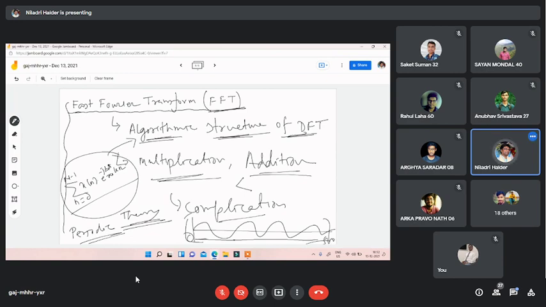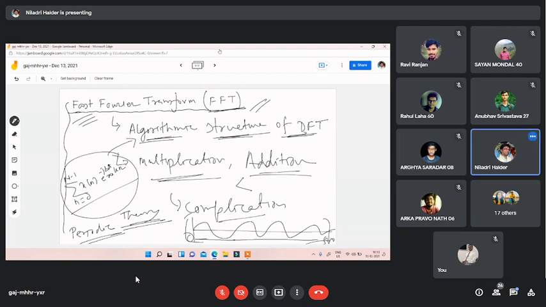So for that case, you have to go through an algorithm that runs in your DSP processor. Okay. So for that case, we always use the fast Fourier transform algorithm that will give you the result in a faster way. Clear? Why should we use the fast Fourier transform? Yes. Yes, sir.